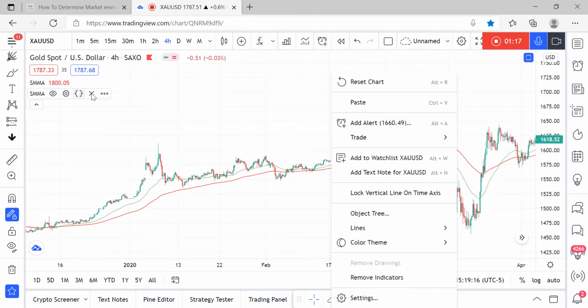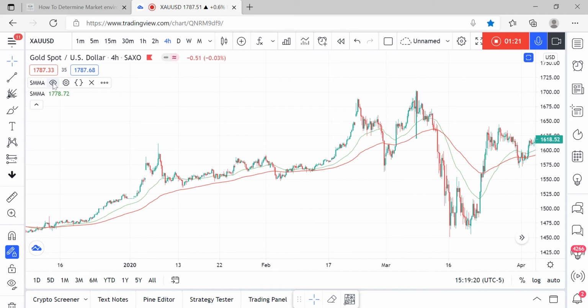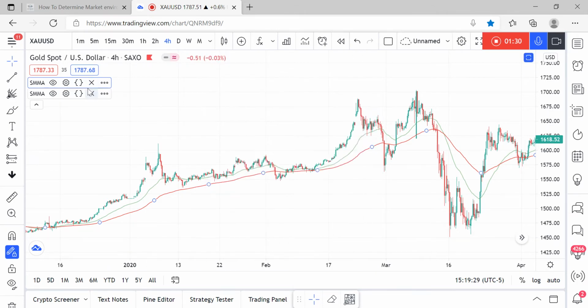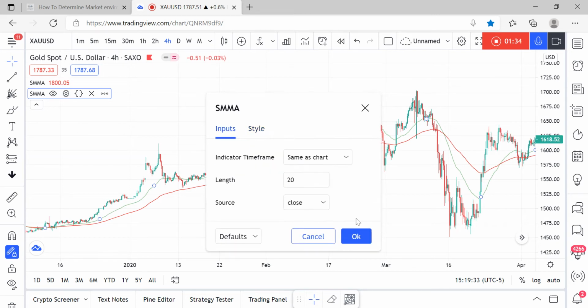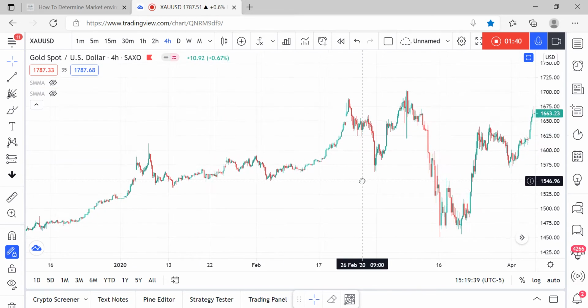When it comes to gold, and this is raw price action, I do use my SMAs. Once again, my length is 50 on this one and 20 on this one. Everything is pretty much still the same. It's still closed, so I'm going to turn these off for a second. Now, when it comes to gold,